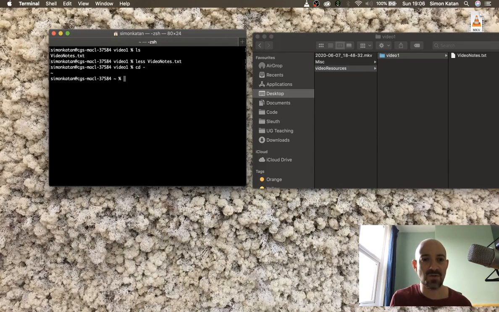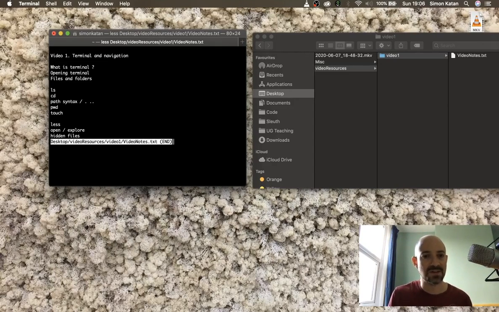So I know that the path to my file video notes is Desktop / video resources / video 1 / video notes.txt. So if I want to read this file, I could just put less before all of this,